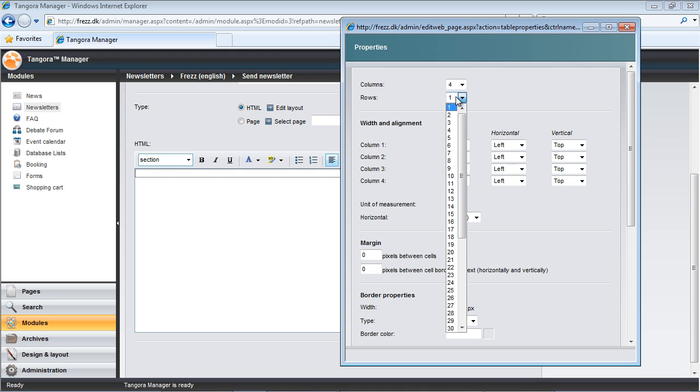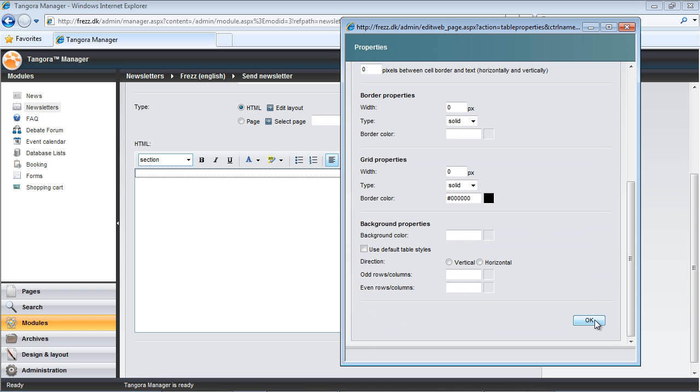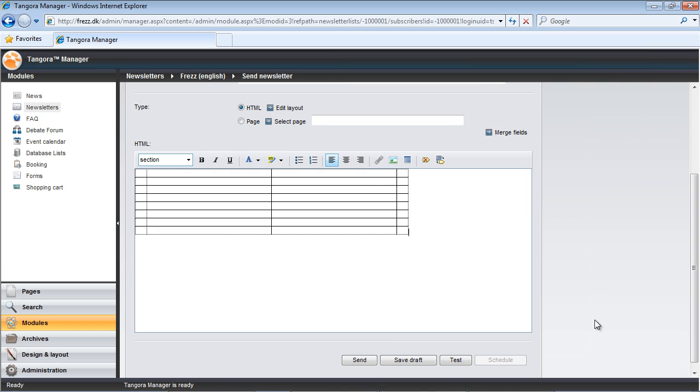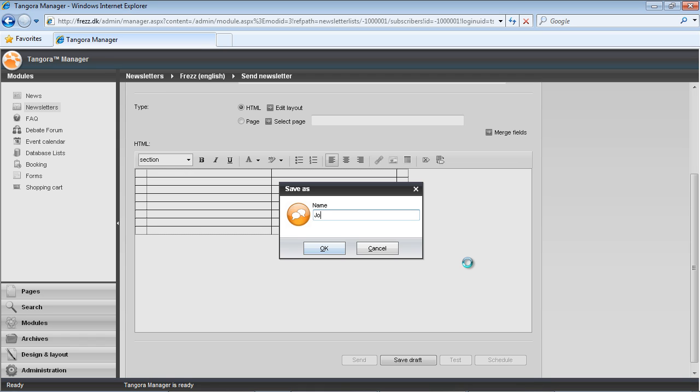I'll also want to have some rows where I can have room for a header image and intro and footer text and my positions, as well as some spacer rows that are just going to be empty and hold a position. So I'll add 8 here and hit OK at the bottom. Before I go any further, I'll make sure to save my work already now. So I'll hit Save Draft and enter Job Openings Template as the name.